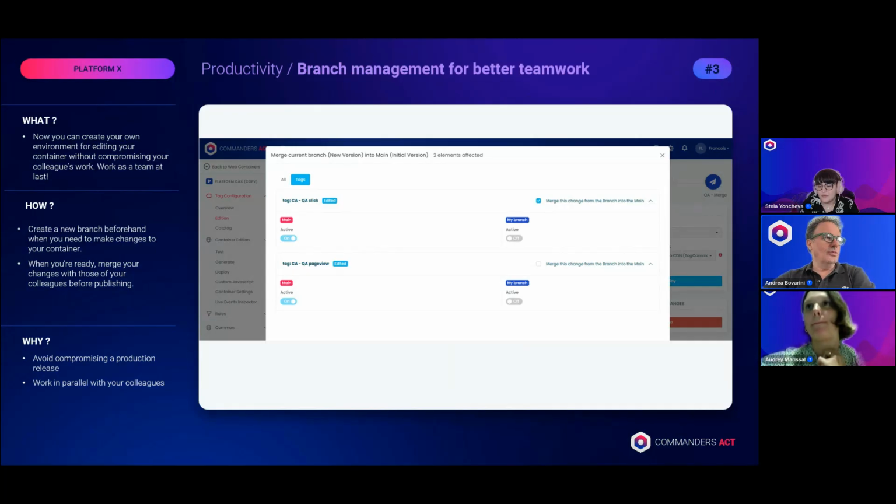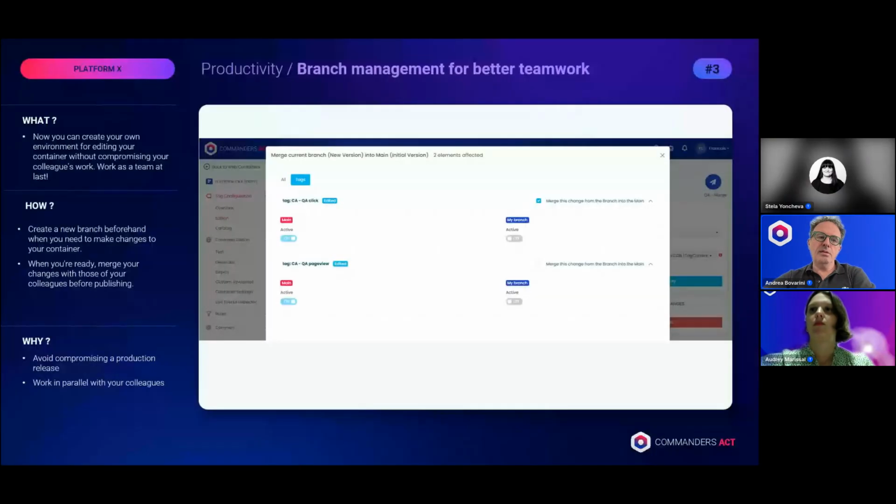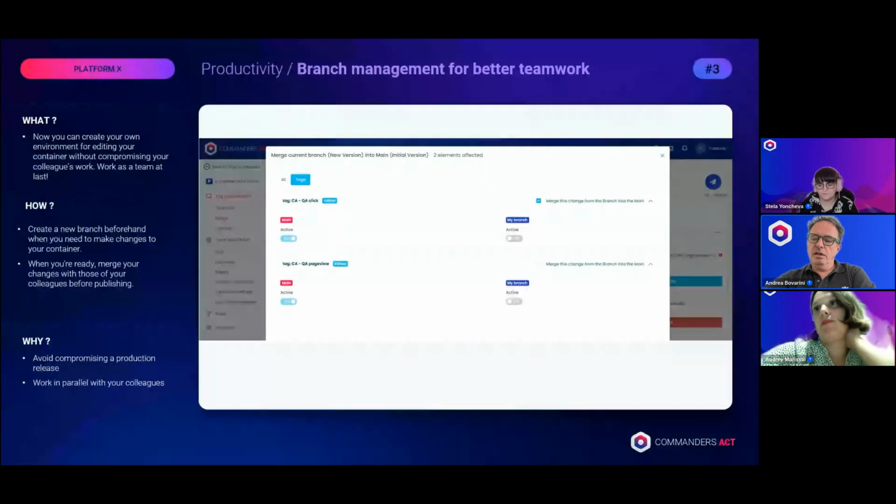Anyway, just to go a little bit on this topic, we have already used it in some cooperation when, as you know, our tag manager is used by quite large companies, and with teams of several people. So the branch allows different teams to work on the same containers, so to have the possibility to parallelize some jobs, and we have seen that was a very interesting improvement also.